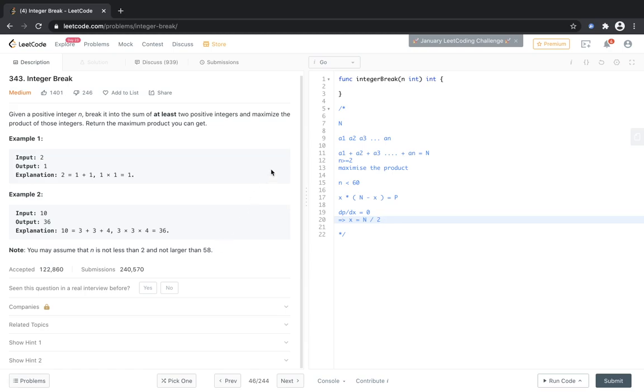We know that if we divide the number, let's call it a, into n different numbers, all the numbers should be nearly equal. All the numbers should be equal, and we need to maximize the product. And clearly the value of n is very small, it's not that big. So what we can do is try brute force. Even if it is showing that it's a DP problem, we can try doing it by brute force. And yeah, so let's do it.